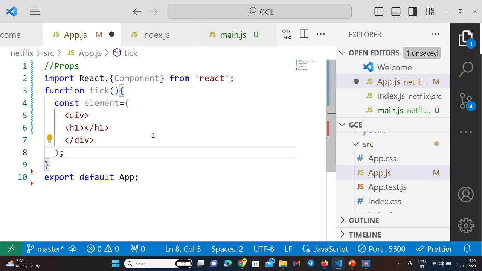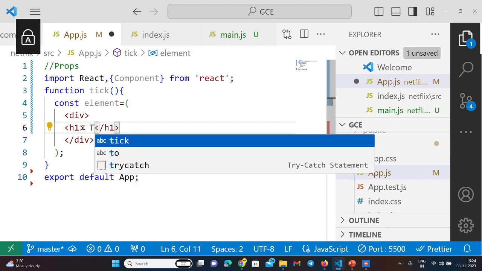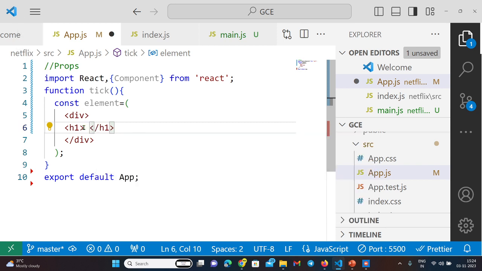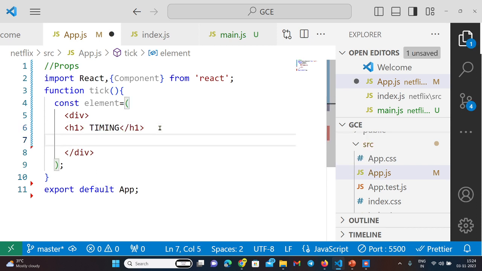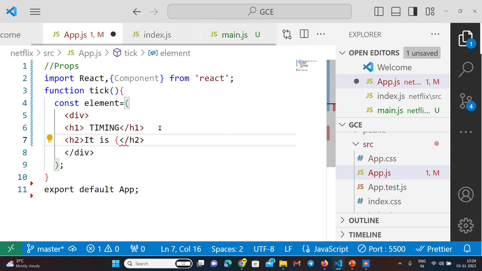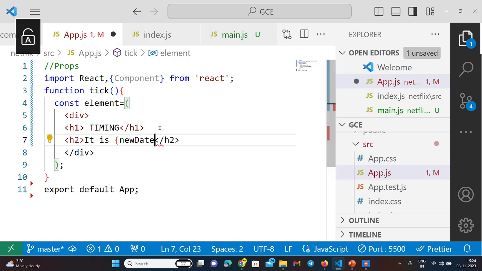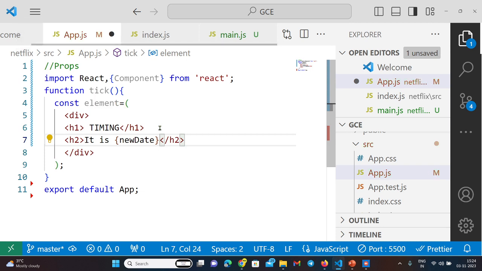So const element and div container and just I'm giving a value. So I need the time. In the h2 I'm just giving a new date. Since it is a JavaScript expression, that is why we are using it within the curly